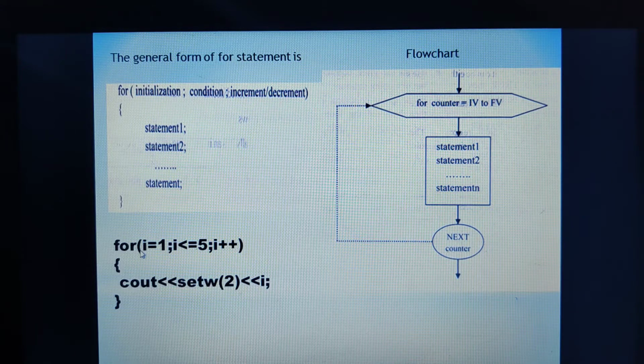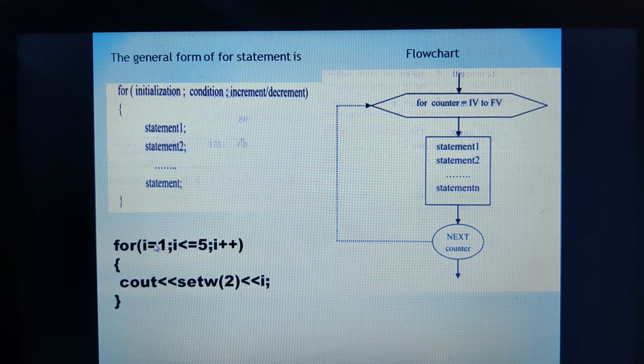Initialization is used to initialize the counter variable. We refer to this as a control variable. We can refer to it as a loop control variable or the counter variable also. Why? Because this is the variable which is completely controlling this particular loop. Therefore, we call it the counter or the loop control variable. And always remember, initialization happens only once, and we are using an assignment operator here.